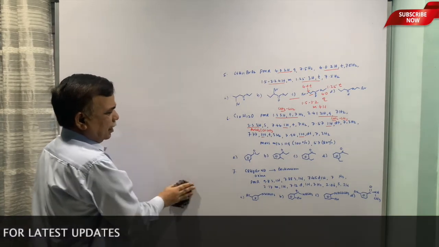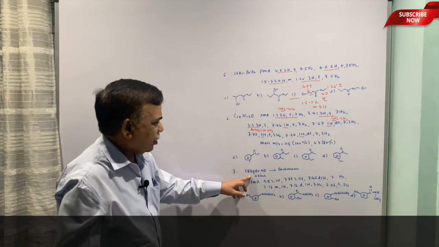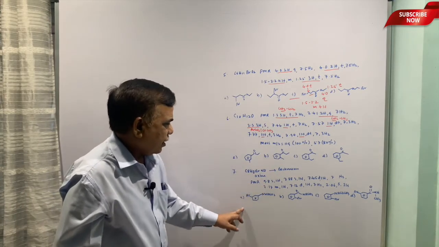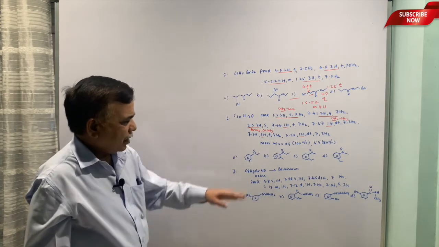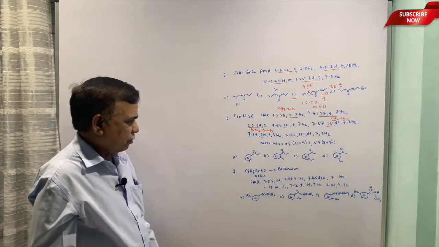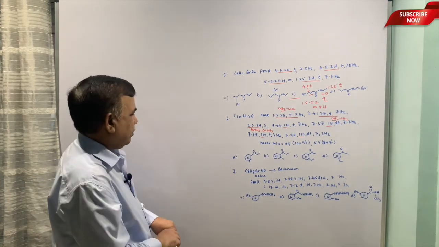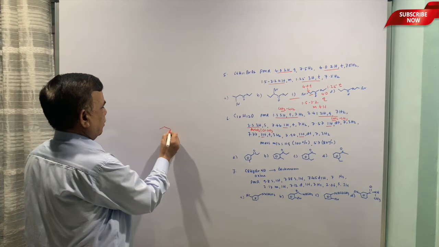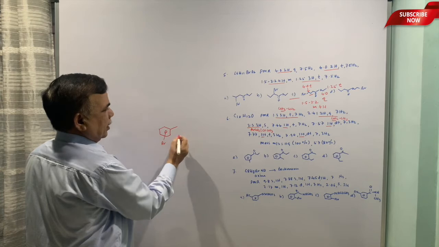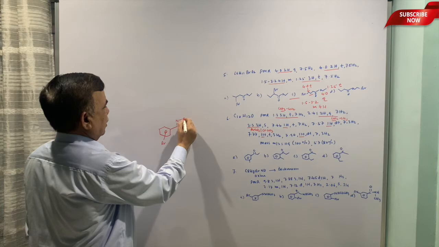One more example is there, that is C8H8BrNO. This is an oxime which can undergo Beckmann rearrangement. That is the hint. PMR is given, and then 4 structures are given. So it is a similar example. You have to find out which is the correct one. So if you examine, first of all, the oxime I would put. I am not defining bromine here. This is going to be methyl, and then this is the oxime